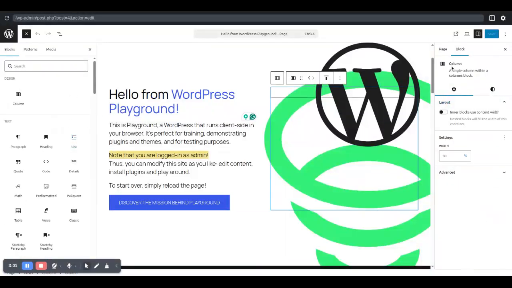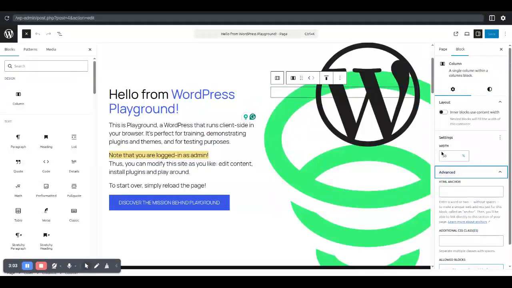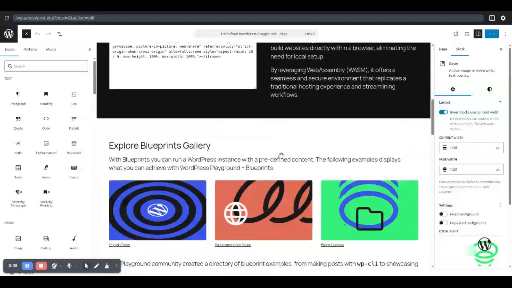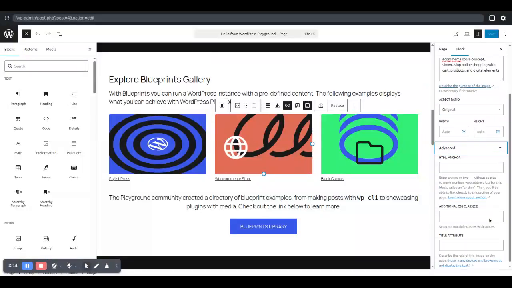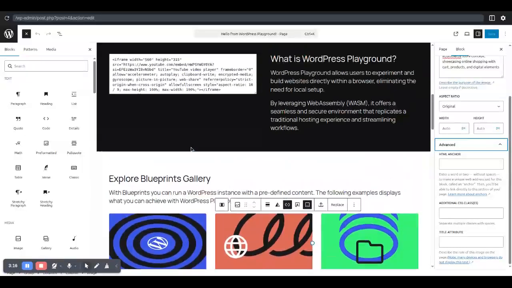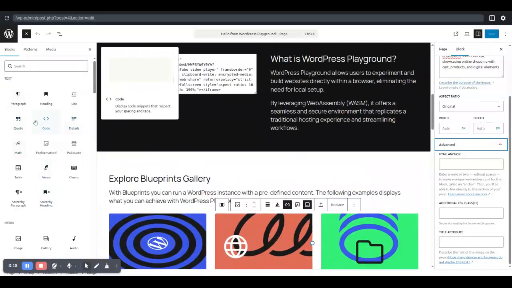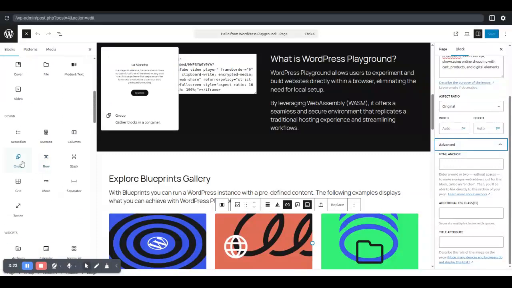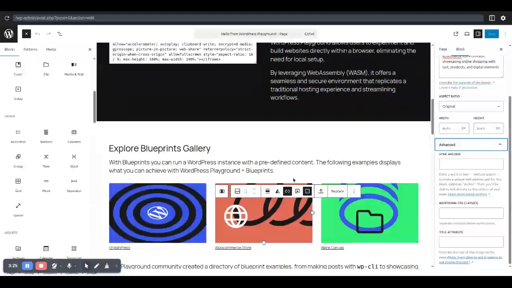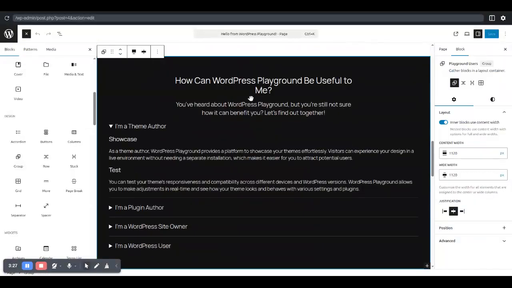This is the image option, so you can design the width and height for the image, see the alt tag, original ratio and everything. You can also see lots of code block options. If you need to see the row, columns, if you want to add a new column, just